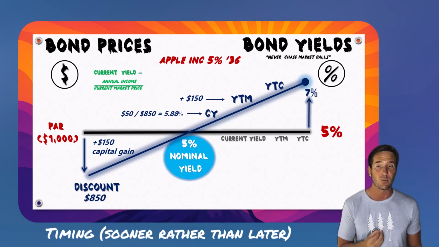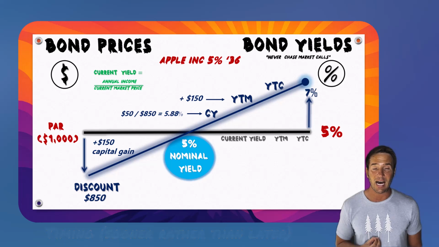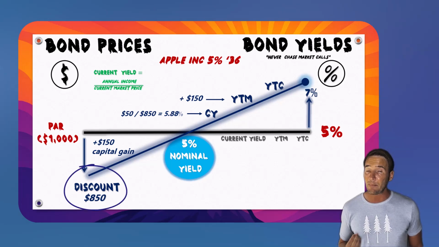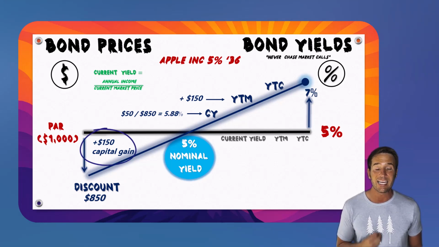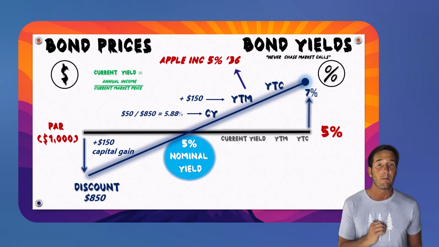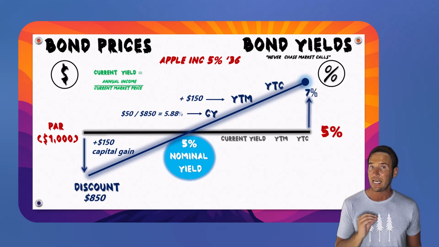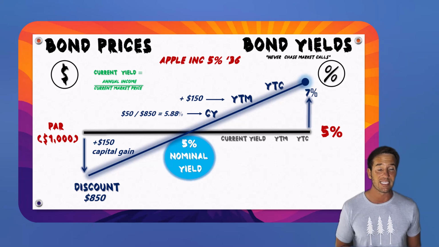All right, so in the case of this bond, if I go ahead and buy it at $850, I'm going to make that $150 capital gain. In the case of YTM, I have to wait until 2036 to grab that. But if the bond is called early, which would never happen because this bond has interest rates that had risen, all right, we don't call a bond if interest rates rise. Issuers do not want to pay more in interest. They only call a bond when interest rates drop. So in reality, my YTC is kind of irrelevant in this scenario,